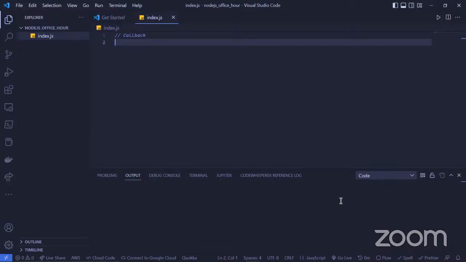For promises, await and async, I want to do that while we are doing an application, and we'll be building on what we do now.